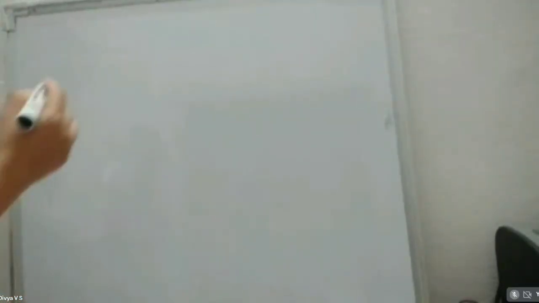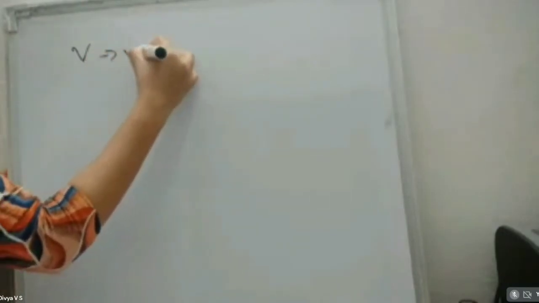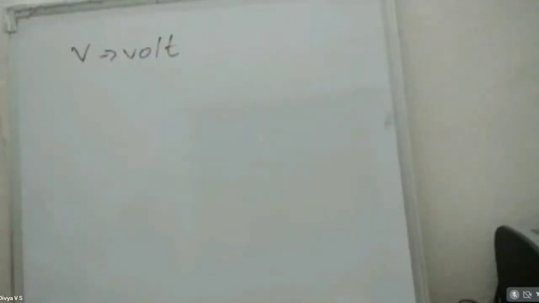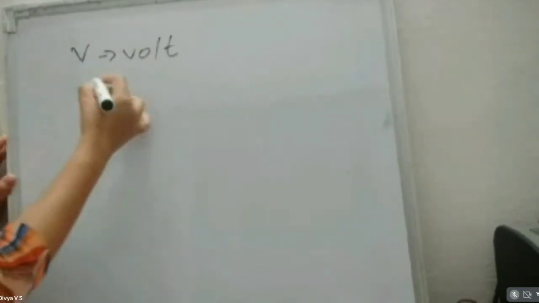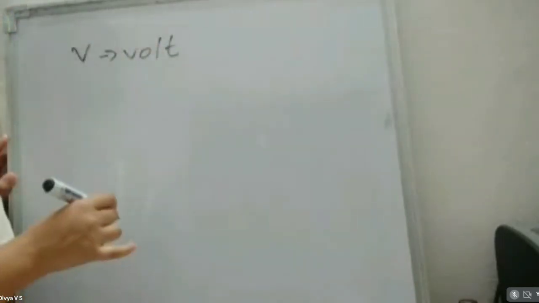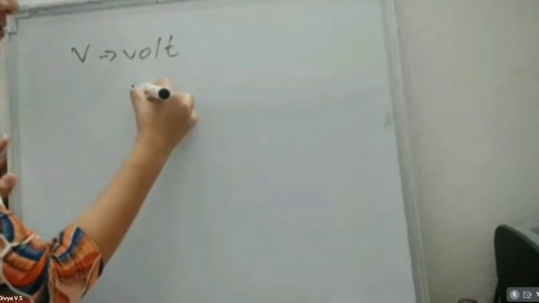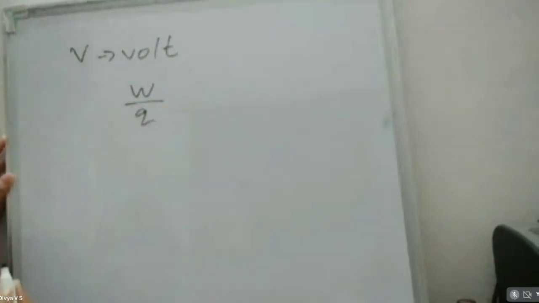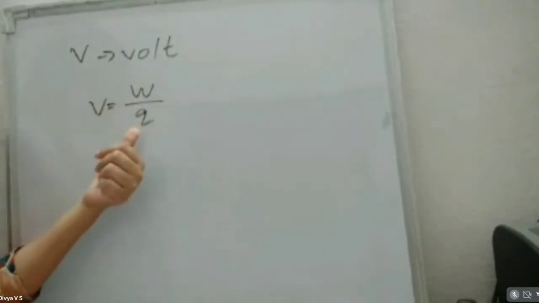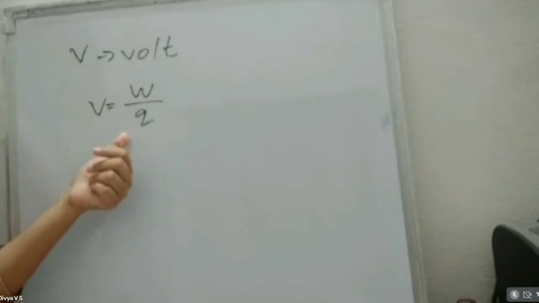Various units for potential. V or volt. That is one unit for potential. This is we are using commonly. Then another unit is, I told you, it is the work done per unit charge. It is the work done to bring a unit charge. So also we can write as W by Q. Potential, it can be written as W by Q. It is the work done to bring a unit positive charge. So V equal